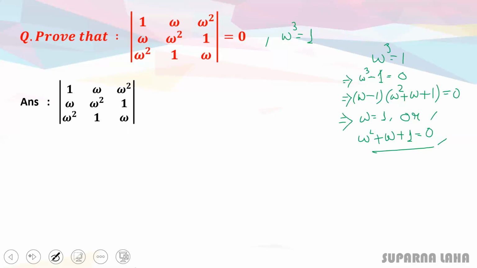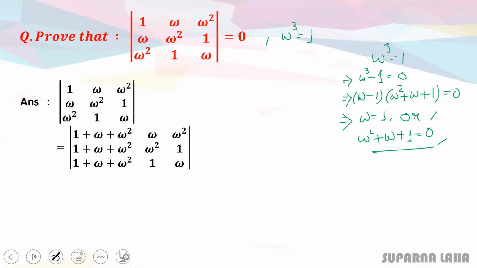Now we are not expanding this determinant, since expanding it would be a very complicated process. We would need to do more and more calculation, with so many multiplications, additions and subtractions. So what we will do is add these columns. I'm writing the first column as C1 plus C2 plus C3. So I'm adding these 3 columns and writing the result as the first column.